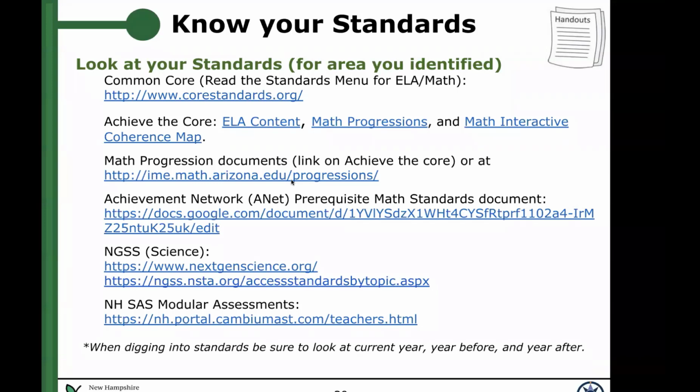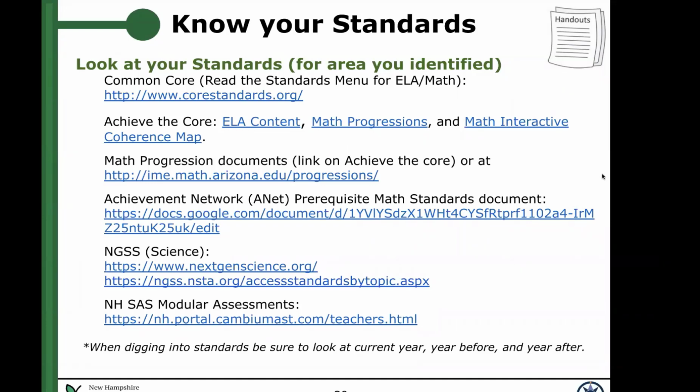So there's one for grades 3, 4, and 5 for you folks, that gives you every piece of vocabulary that you will see on the New Hampshire SAS assessments, so that students can learn that vocabulary throughout the year. And I know that Annie is working on a math vocabulary resource, but it's not available quite yet. But those are the three resources that I would say to take a peek at. The math vocabulary hopefully will be up next week. Also, anybody who wants any training or help with going through these, feel free to reach out to any one of us and we'll be able to help you with that.